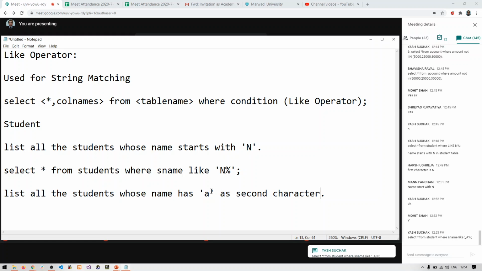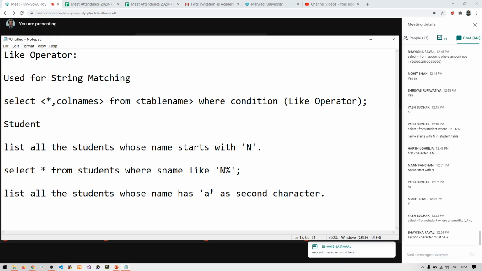So what is the condition, Bhavisha? Great, Yash, very good. Yeah, second character must be A. So it means that in a name, second character must be A. So there should be some first character, and that first character can be any character like L, M, A, H, whatever it can be.